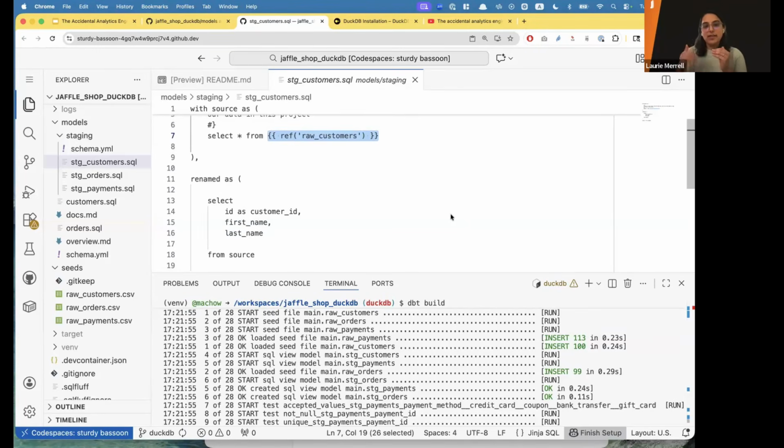It does the dependency and the ordering stuff, but it doesn't have the scheduling, and it doesn't have an execution environment on its own. So you would have an Airflow that kicks off your DBT project run, if that makes sense. So it has some of the features, but not all.